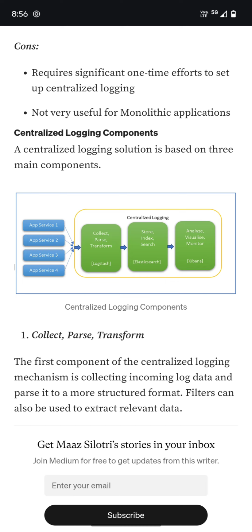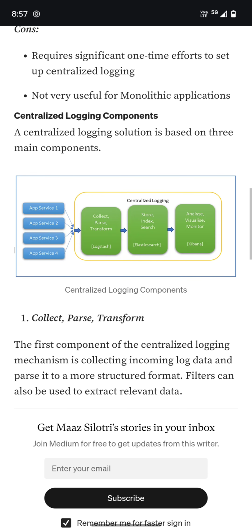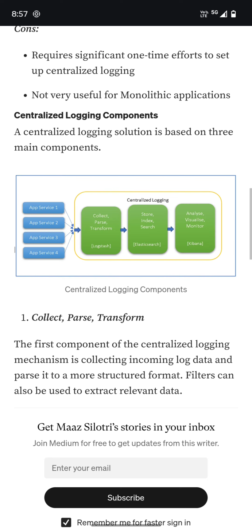It is a predefined, pre-built Logstash component inside the ELK stack, so you don't need to do all the configurations. Minimal configurations are required. So once you configure it, Logstash can collect, parse and transform all the information.